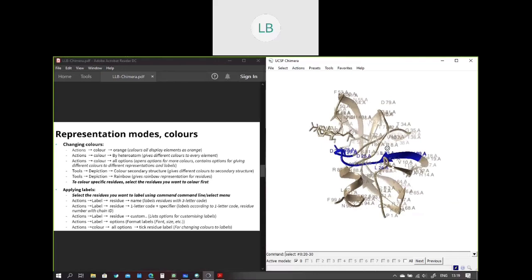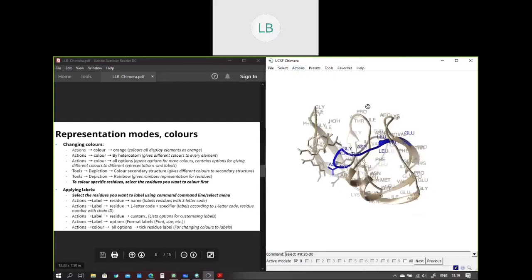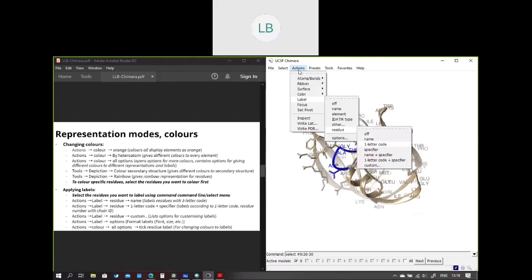So to label the residues, we need to go to actions, label, and go to residue. We press name, it will show the 3-letter code for all the residues. Similarly, if we go to actions, label, residue, 1-letter code, instead of the 3-letter code, it will show it as 1-letter code. If you want to use the residue numbers as well, we'll do the same thing.